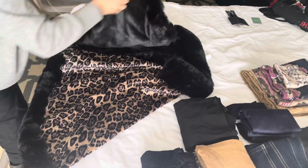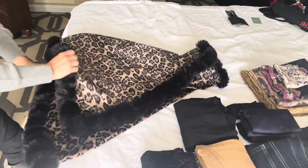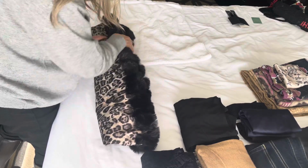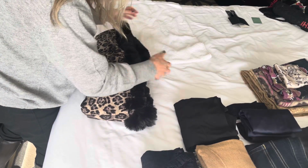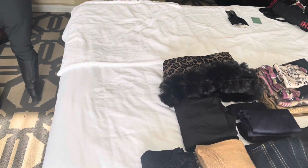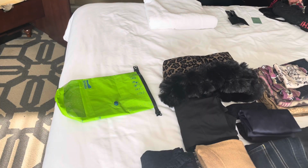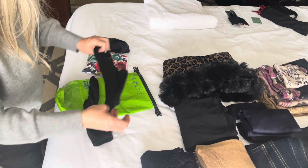Now, I also brought a cape with me because it was so very bitter cold. I think it was 20 something degrees Fahrenheit. And actually, I think it was in the teens the night of the wedding. So I did bring this cape with me as my formal wrap. And as it turns out, on my way home, I did end up carrying that with me instead of actually packing it. But you'll see a trick I have up my sleeve of how I could have packed that cape, even though I didn't have an extra packing cube. So I'll show you that in a minute. But right now,